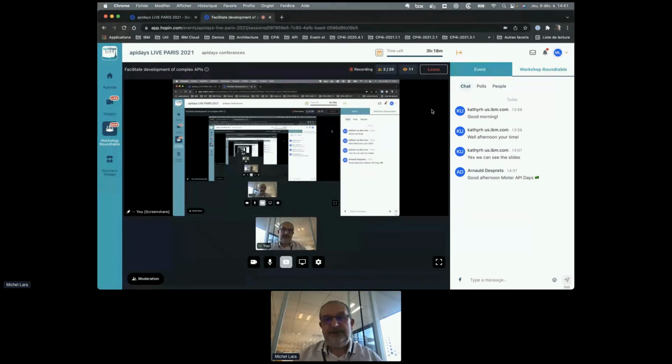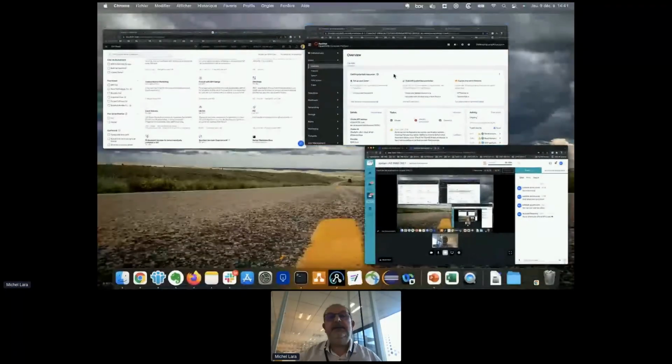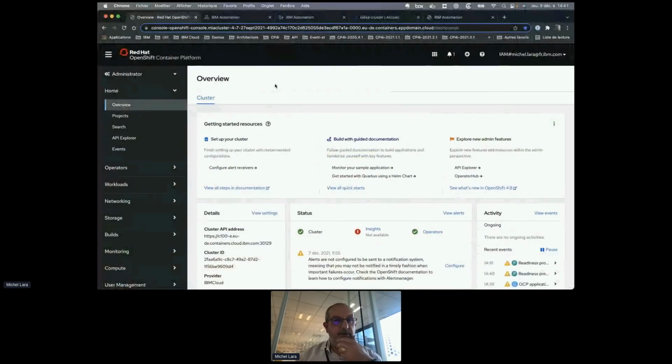So I will continue and I will show you now all this capability in an OpenShift cluster. So this is OpenShift, Red Hat OpenShift. As you know, IBM acquired Red Hat 2 years ago. And we now build all our IBM capability based on OpenShift. So we have made some re-engineering on all our solutions to be containerized, and all is available in container form now.